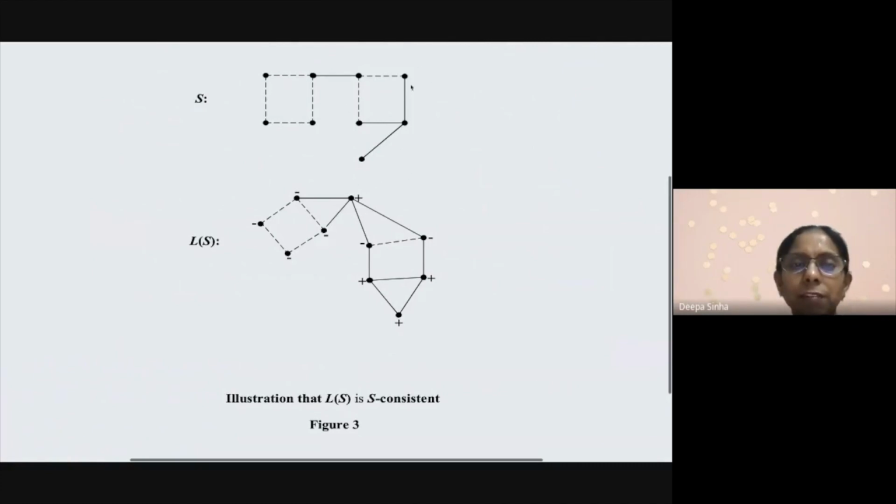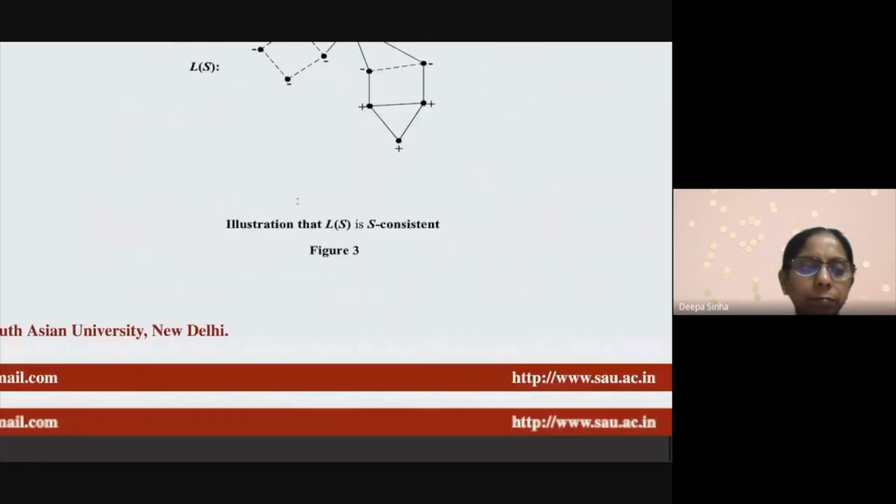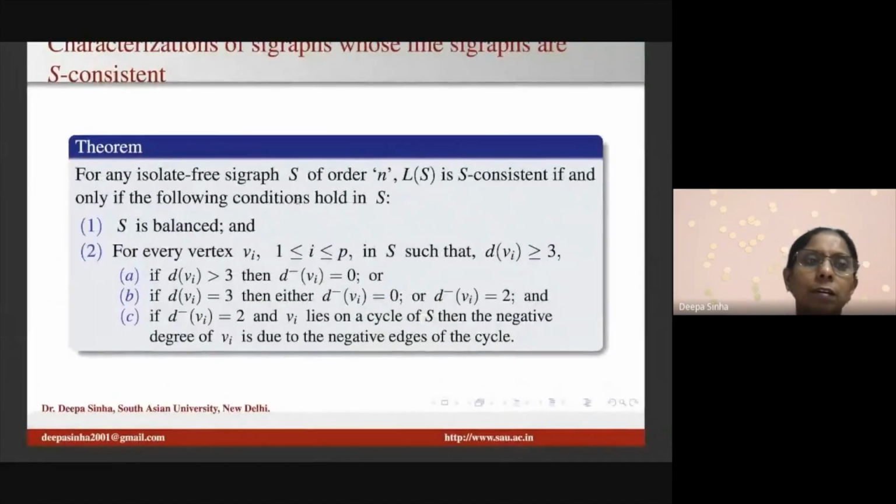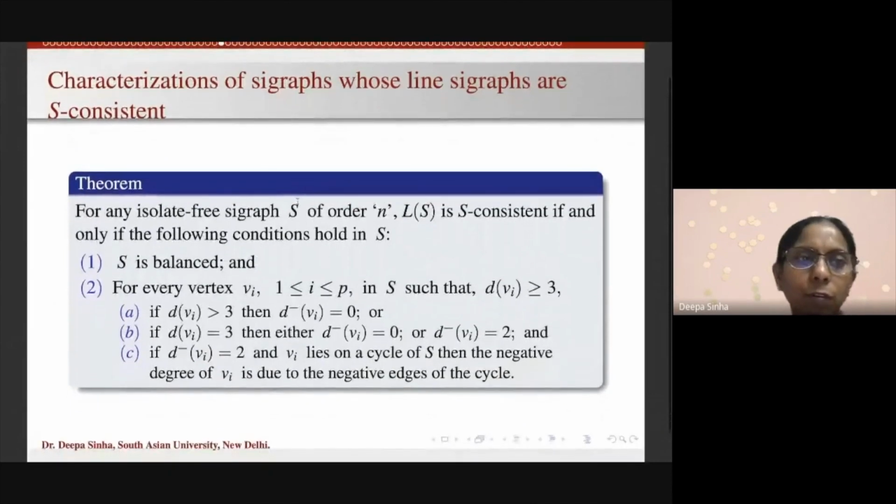This is a sign graph S, and this is the line sign graph obtained from it, where the vertices are the edges, and the edges are marked negative if the corresponding edge in S is negative. So, a characterization of a sign graph whose line sign graphs are S-consistent. One can go through this: for any isolate-free sign graph,